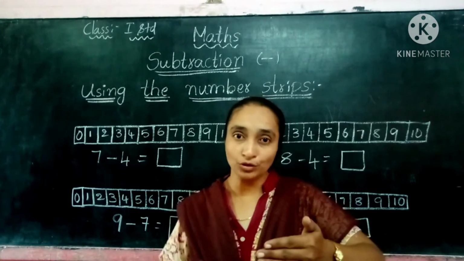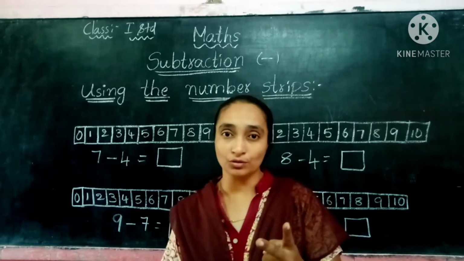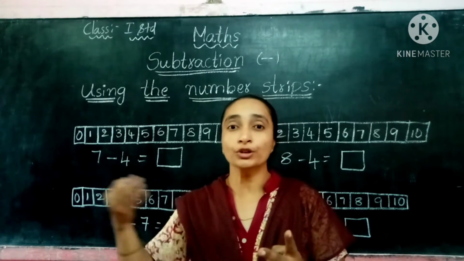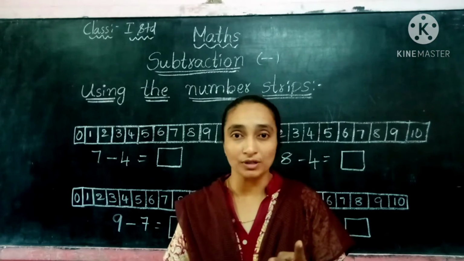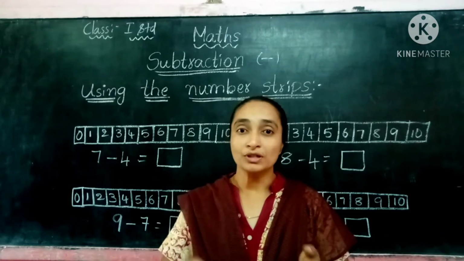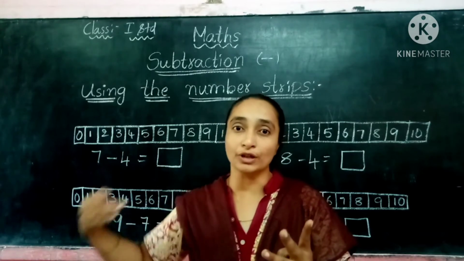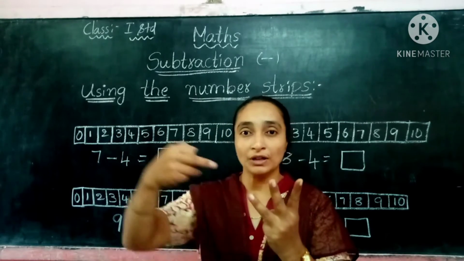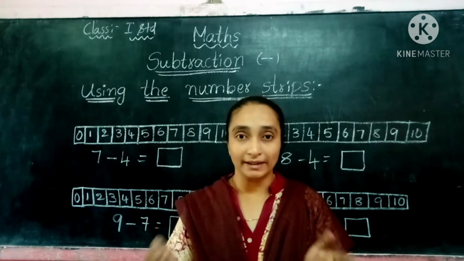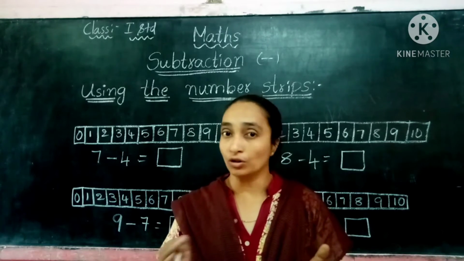From the small number, can we subtract the big number? Suppose you have 2 chocolates. Can you give 3 chocolates to your brother? You can't, because you have only 2. That is highly impossible. Subtraction is like that. But if you have 3 chocolates and your mother tells you to give 1 chocolate to your brother, you can easily give it, because 3 chocolates are with you, and the remaining will be with you. So always in subtraction we have to take the big number, not the small number.